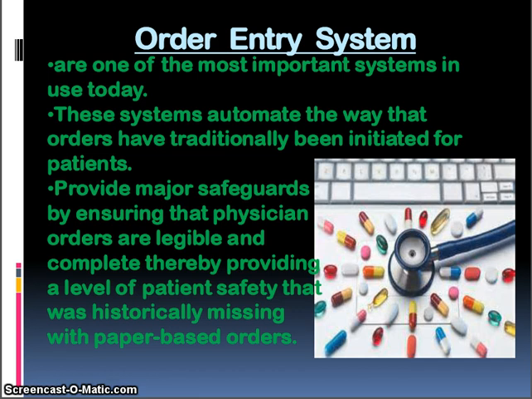Medicines recommended, diagnosis recommended, and food recommended, everything is done with the help of an order entry system. It is very transparent and easy to verify, and it is specific to the particular patient. A pen and paper system takes a lot of time to deliver whatever orders have been made for the particular patient. So all those disadvantages can be eliminated with the help of the order entry system.